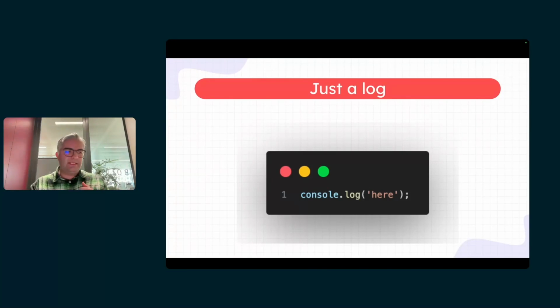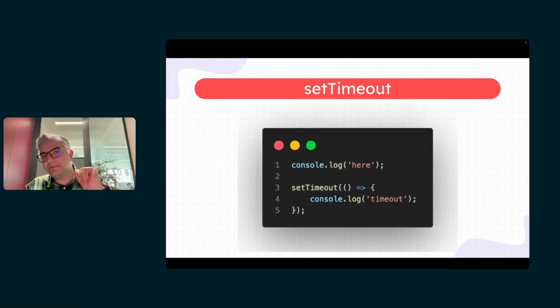So let's have some real questions. Start from scratch, the simplest one. What does it log? Of course, here. By the way, the answers are here. I'm going to show them after you guys think that you're ready. So just a console log here. Nice, done. So how about this one? I have a console log here. I have a setTimeout without any duration, by default 0. So it means that it happens after 0 milliseconds.